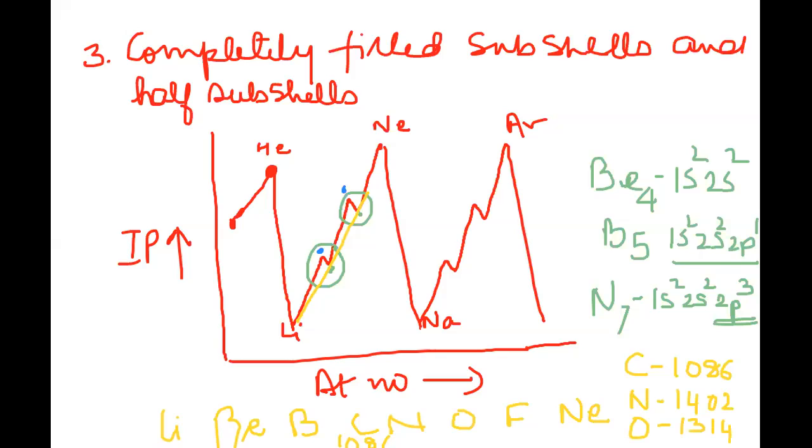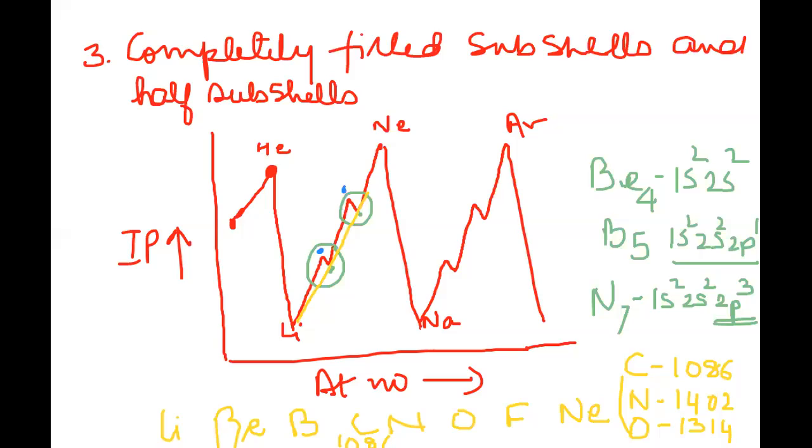You see, from carbon to oxygen, it was 10 to 13. So nitrogen should have been somewhere around 11 or 12. But it shows a high increase in the ionization potential value. Why? This is because it is encountering a half-filled substance, and therefore these discrepancies, or you can say these exceptions, are seen in the case of ionization potential values when you are going across the period.